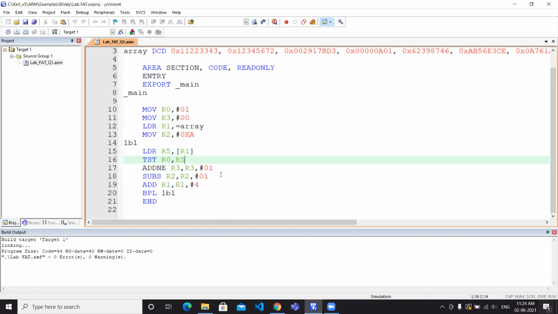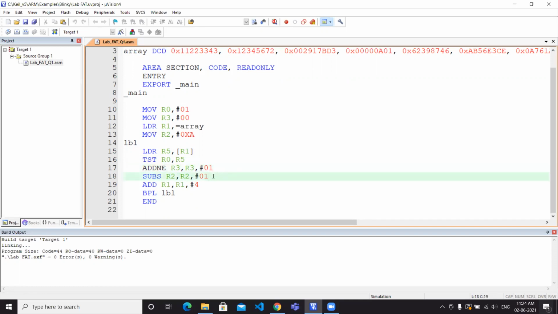In the ADDNE, which is add if not equal, it checks the Z flag. So if it is not equal, then the value of R3 will be incremented by 1 and stored in R3.